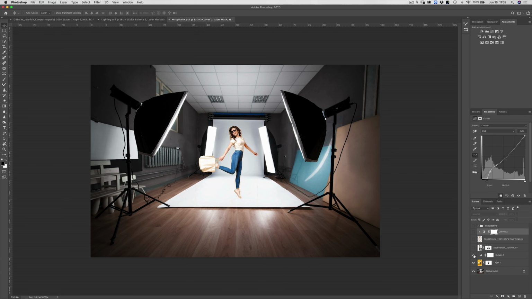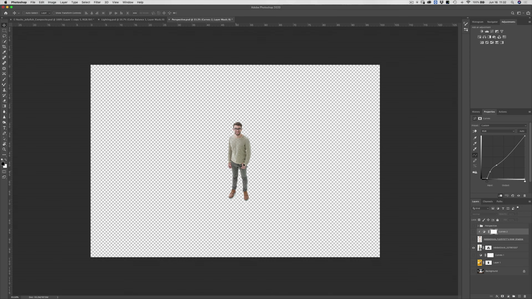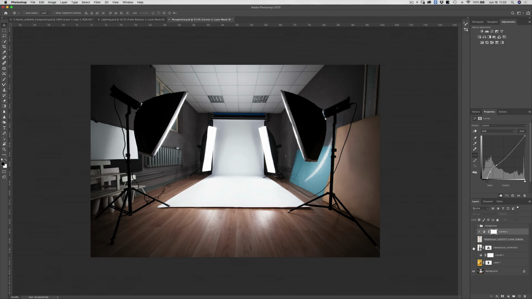Okay, so let's look at our next example, and here we have a guy, and you can see here that this is not working out very well. It looks as if the photographer was even on a ladder, photographing him from below. And then all of a sudden we try and put him on a background where the camera angle was almost closer to the ground, and you can tell that that's really not gonna work very well.